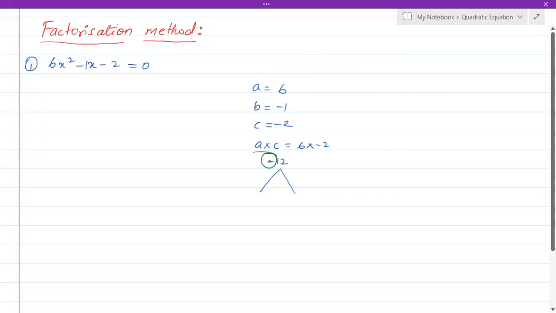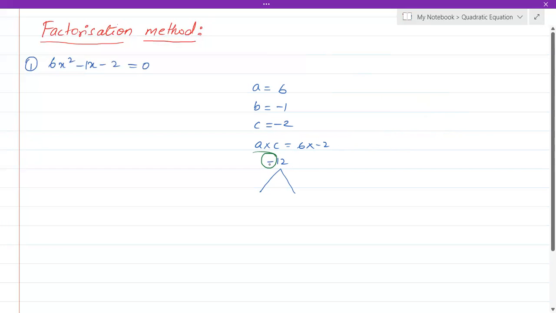Based on this sign, you should also select those two numbers in such a way that if you multiply, it should give you 12. Let's say the two numbers are m and n. If you multiply, it should give you 12, actually -12. And the same numbers, if you subtract it, you should get the b value, that is -1. Why subtracting it? Because here it is minus. If it was plus over here, then I would have added it. Okay. So therefore,